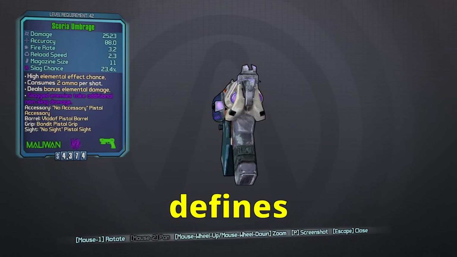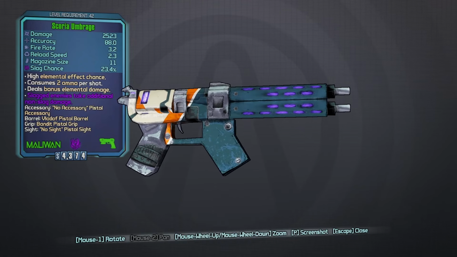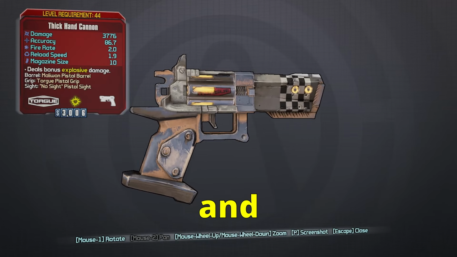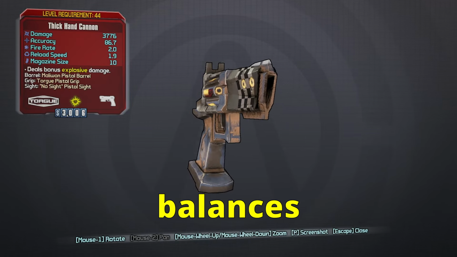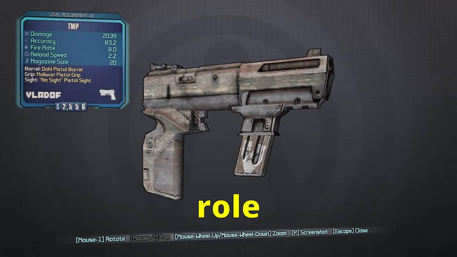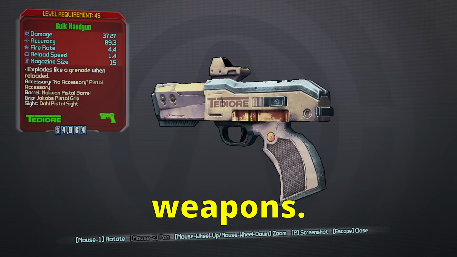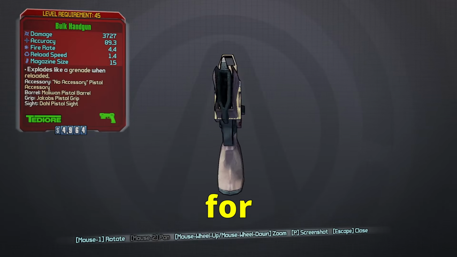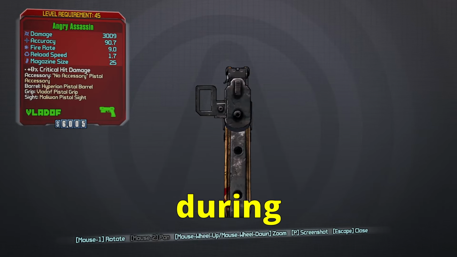Weapon balance defines which parts a weapon can have, determining the potential combination of barrels, grips, sights, and accessories. While balances themselves don't directly affect weapon stats, they play a crucial role in the actual generation of the weapons. In short, weapon balance dictates which parts are available for each weapon and how those parts are assembled during loot